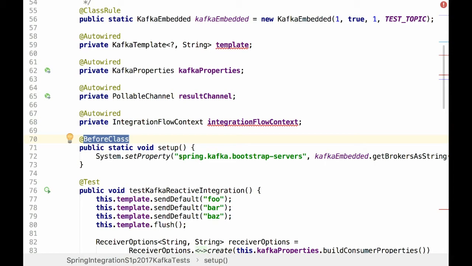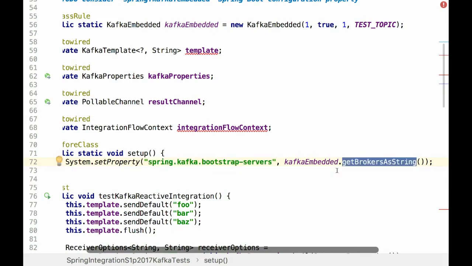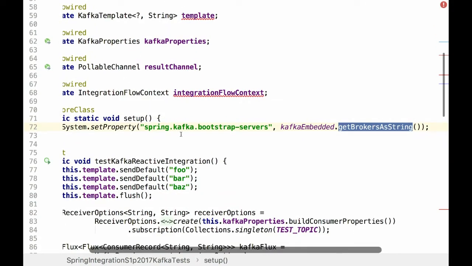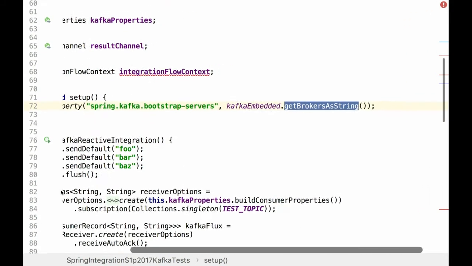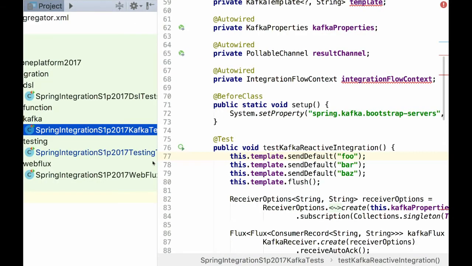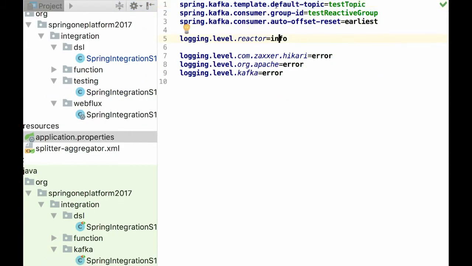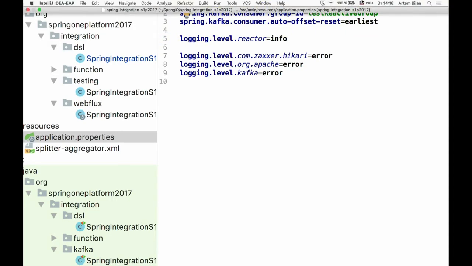In the before class, I tried to mock Spring Boot with a randomly selected port from the embedded Kafka, which we start. Using the Spring Kafka template, I send several messages to the topic. The topic is configured in application properties, but that's more a matter of Spring Kafka.